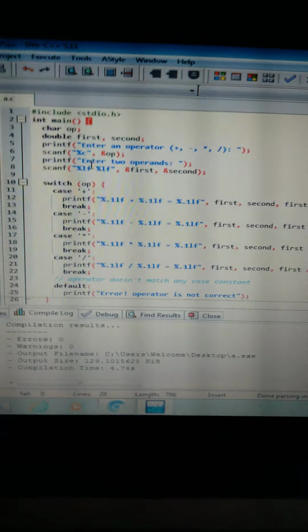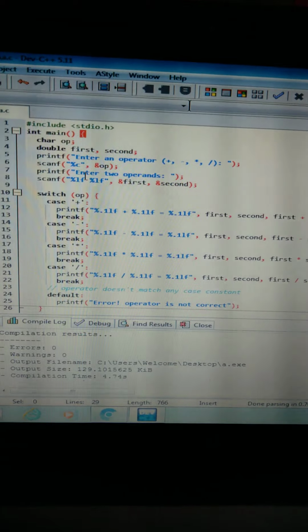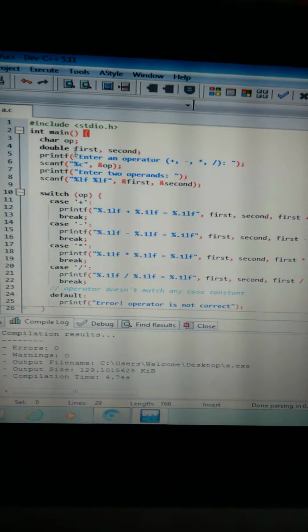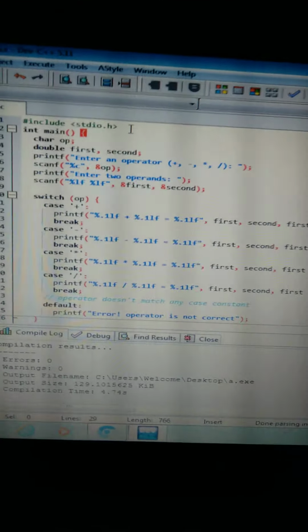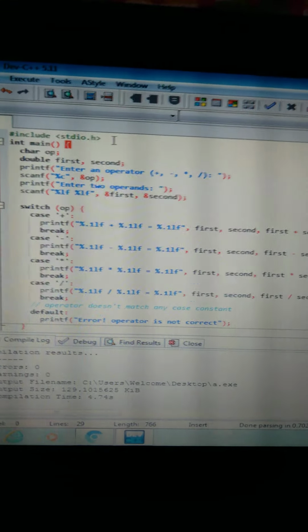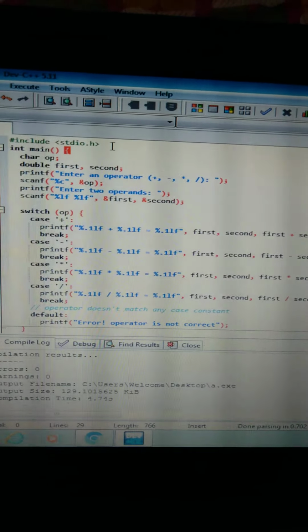This is the program. The program mainly contains, first, the header file. Here it is the header file. Then it asks to declare the constants and variables we are using in the calculation part.